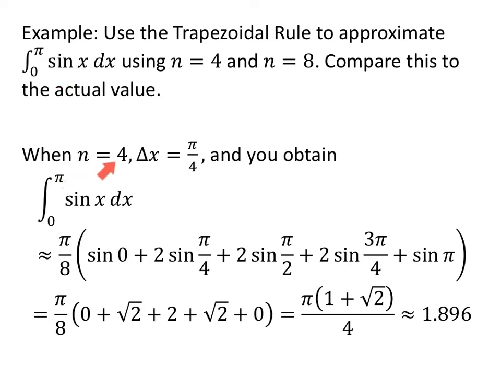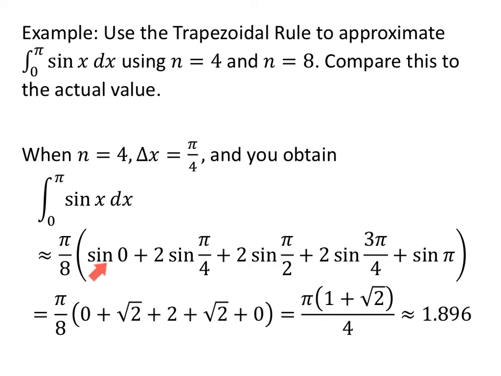Here we go. When n equals 4, delta x is pi over 4, right? So going from 0 to pi, and I want to cut it into 4 pieces, so each piece will have a length of pi over 4. Therefore, the integral from 0 to pi of sine of x dx will be pi minus 0, which is pi, over 2 times n, 4 times 2 is 8,